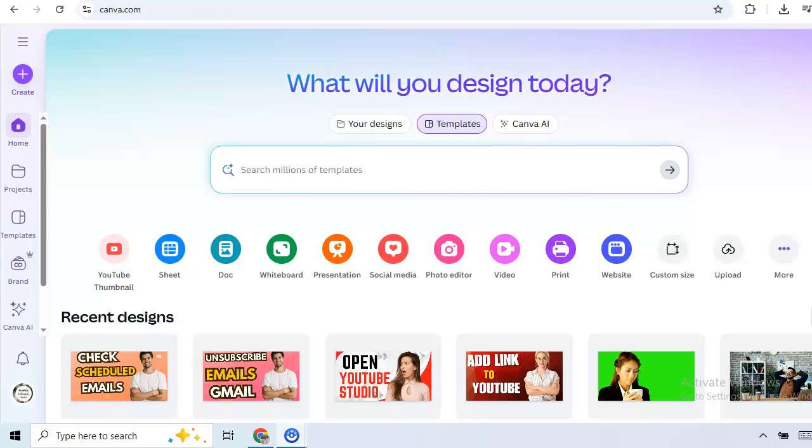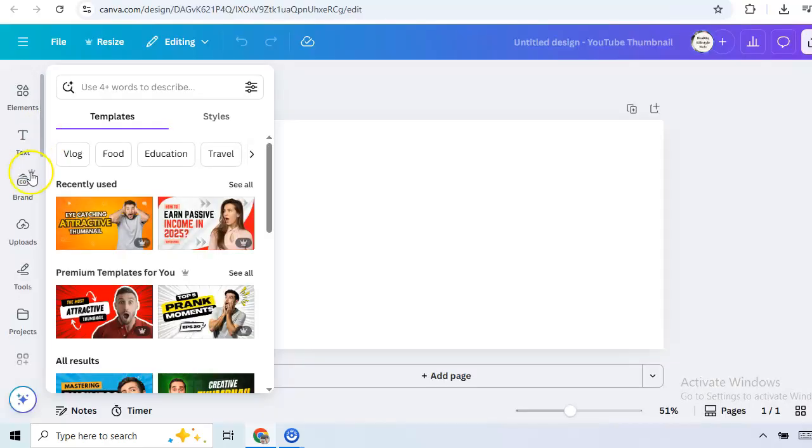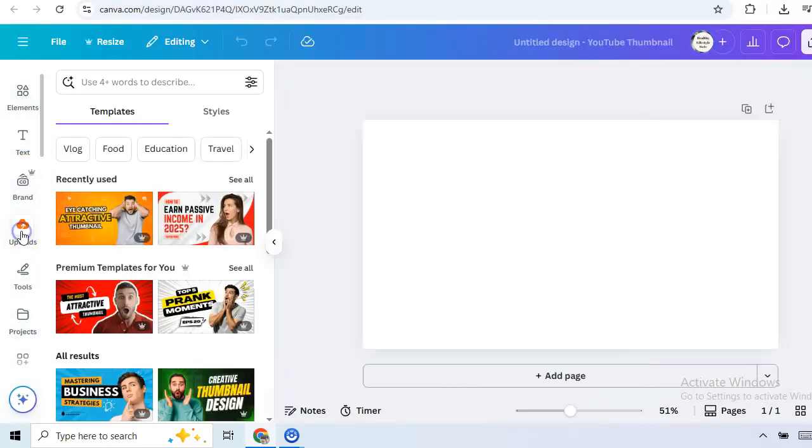Okay, how to import audio in Canva. First, just go to Canva and after that select the design you want. You can select any design, for example YouTube thumbnail or presentation, social media. Okay, now for example YouTube thumbnail, and after that in the left sidebar click upload